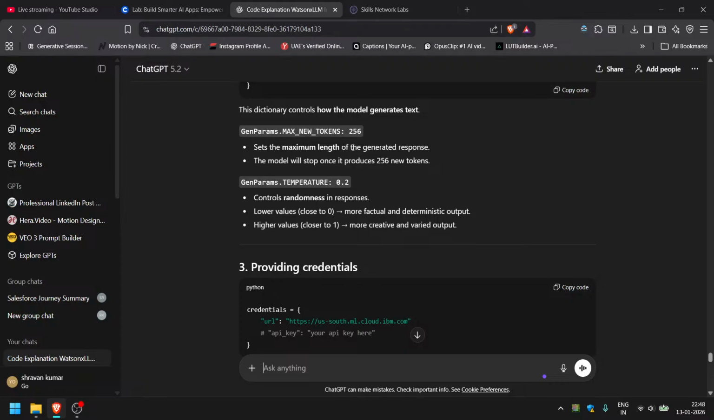Sets the maximum length of the generated response. The model will stop once it produces 256 new tokens. Generation params dot temperature 0.2 controls randomness in responses. Okay, the randomness, it's creativity. Lower values give more factual and deterministic output. Higher values give more creative and